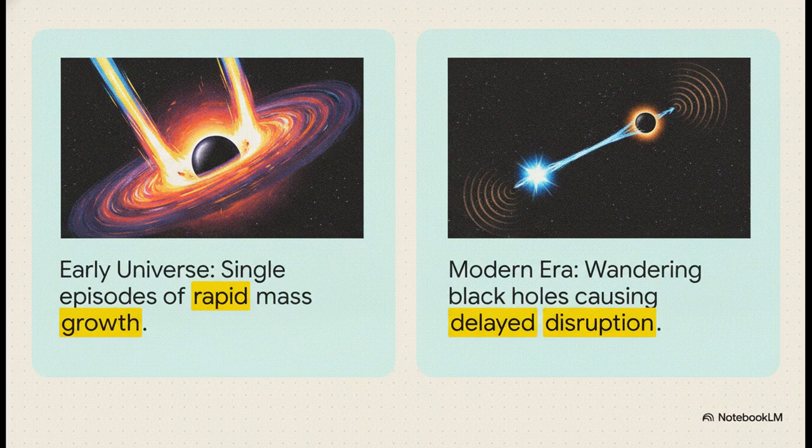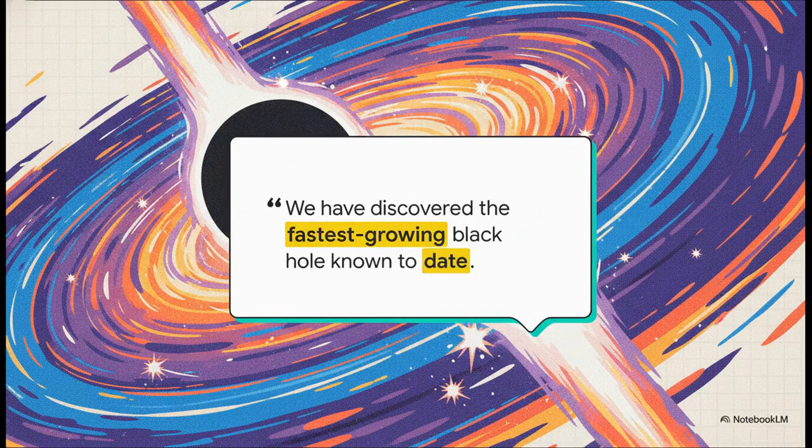It's fascinating because it proves that modern black hole feeding can be delayed, highly episodic, and happen completely outside of a traditional galactic core. But if you want to talk about the absolute ceiling of this feeding frenzy, we have to look at the brightest known quasar. Sitting at a mass of roughly 17 billion suns, it requires the consumption of an entire solar mass every single day just to maintain its intense luminosity. 1 sun a day. It is a stunning reminder of the sheer, unimaginable scale of energy conversion happening right now